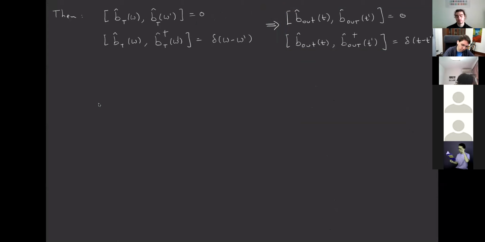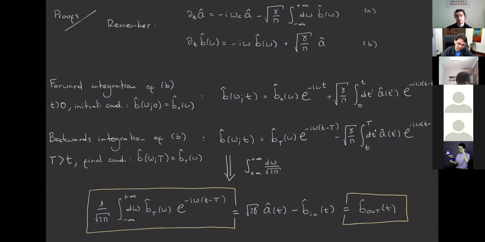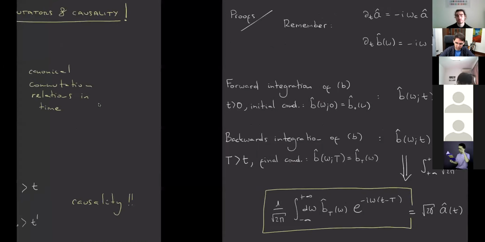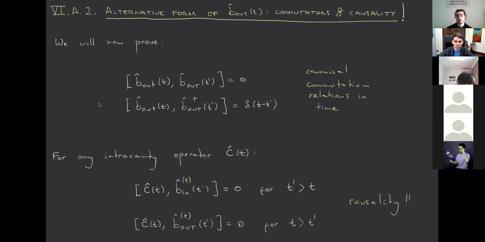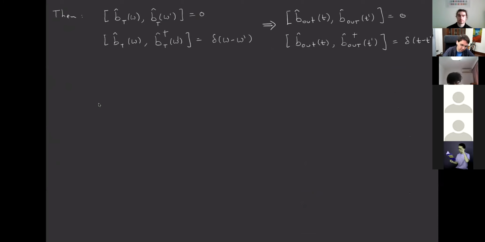And now we can also do something different, actually, very different, sorry. But we can use these equations, these Heisenberg equations and the forward and backward integrations, to prove the causality relations, okay? So I show you how to do this. It's again very easy, and it's really as intuitive as what I mentioned before. So let me come back now